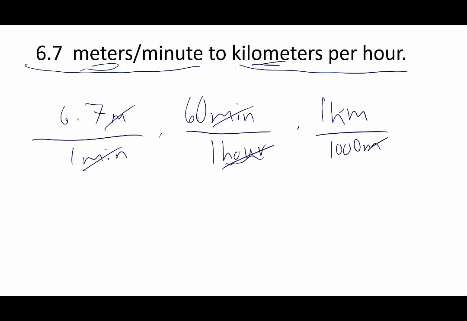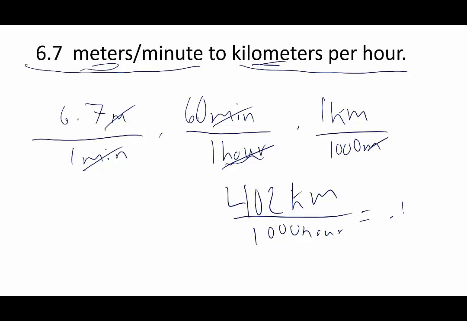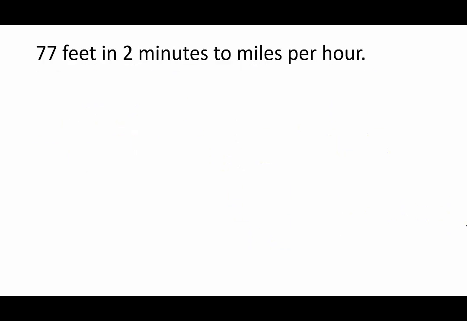And we'll get 6.7 times 60 equals 402 kilometers per 1,000 hours. And that will equal 0.4 kilometers per hour. All right, this one's a little bit more difficult because it's in 2 minutes as opposed to just 1 unit. But if we set it up, 77 feet over 2 minutes,